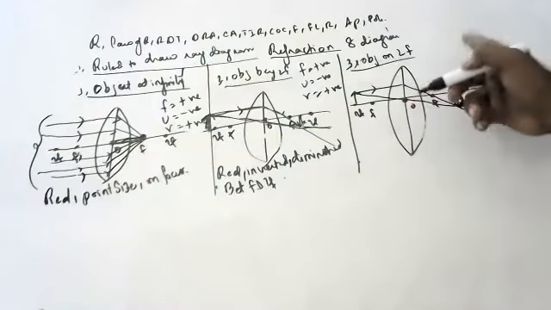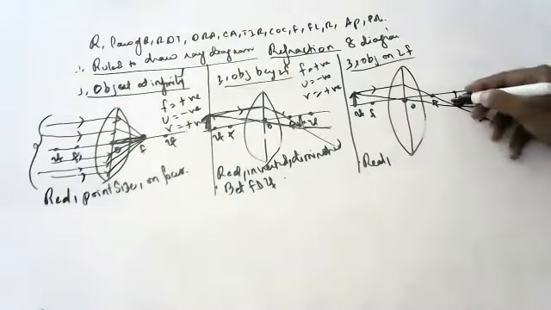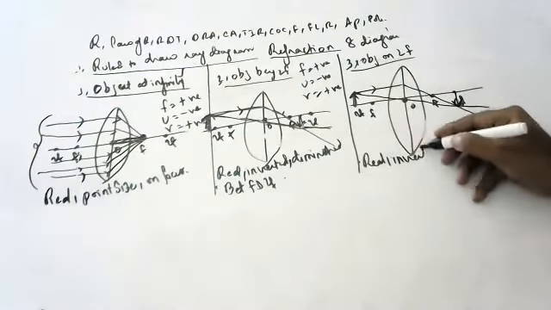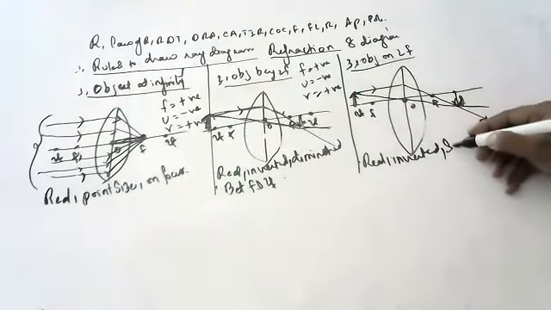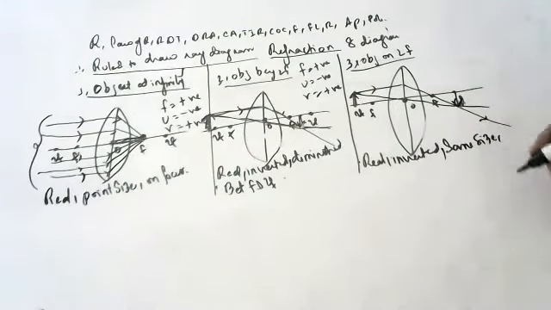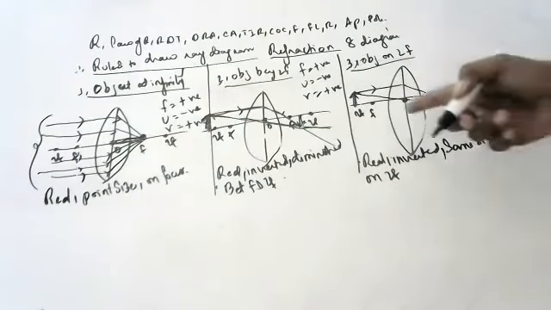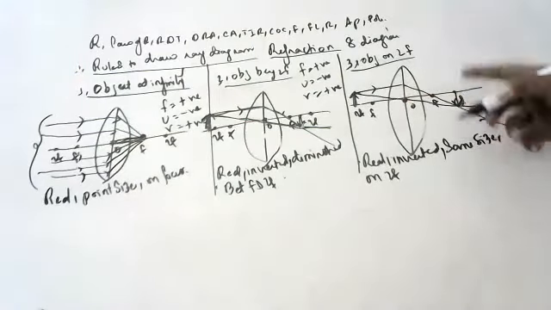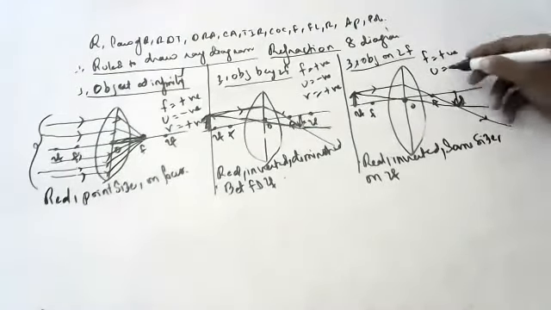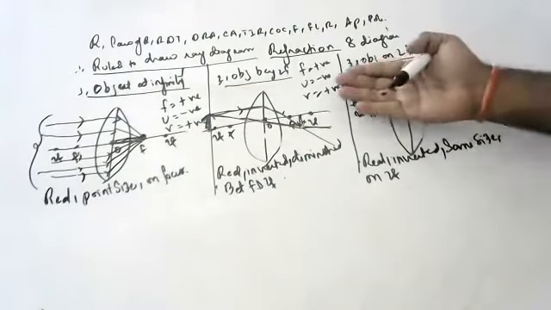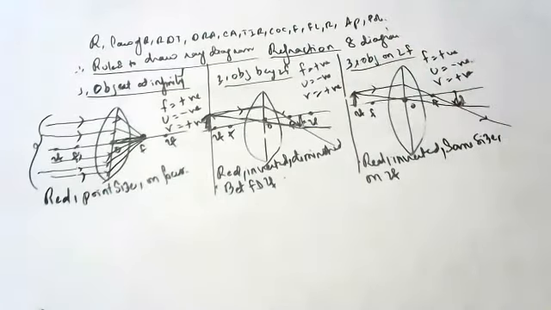Try to understand. It is coming on this side, so we can see it; it is real. This is reversed, so inverted. The object was small before; now the object and image are the same size. Real, inverted, same size, and formed on 2F. When you keep the object on 2F, the image also forms on 2F. Focal length is positive, object distance is negative, and V is positive, because this side is negative and this side is positive.